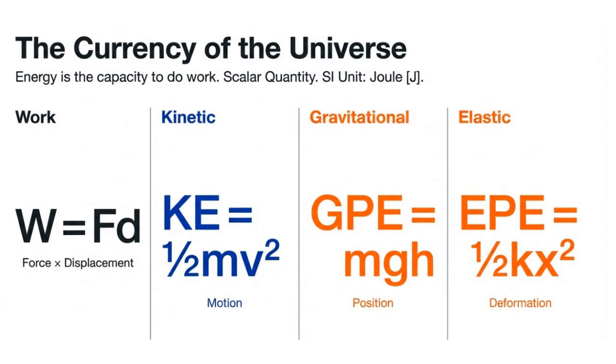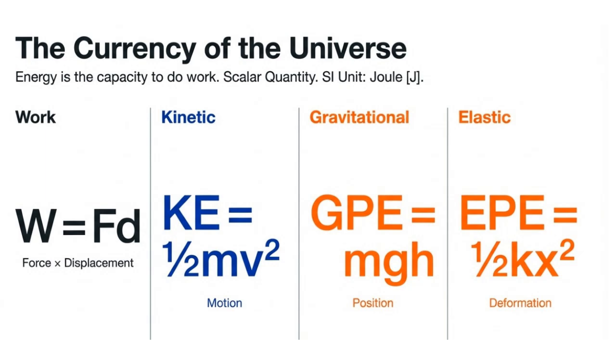Let's move on to exploring the different forms of energy involved in doing work. Work is essentially the force applied over a distance. There are three key types of energy related to work. Kinetic energy, which relates to the motion of an object and is calculated using half the mass times the velocity squared. Gravitational potential energy, which depends on an object's position in a gravitational field and is found by multiplying mass,